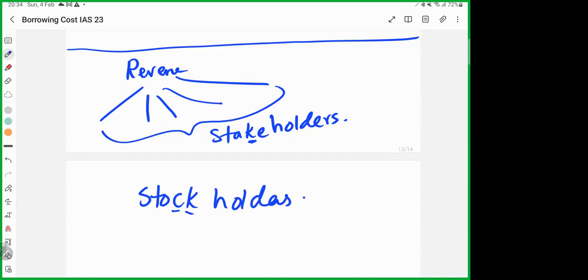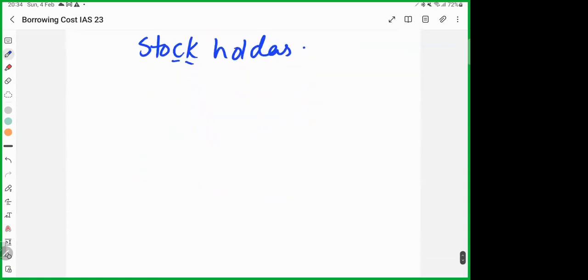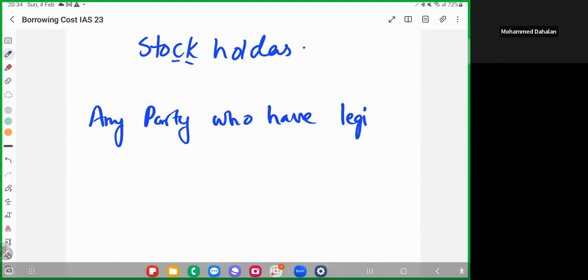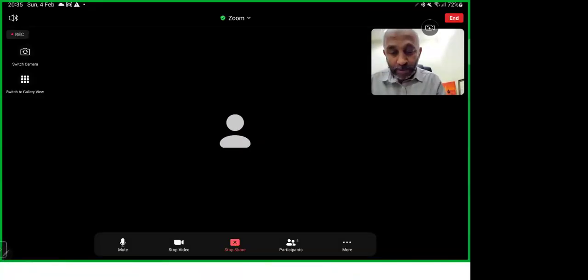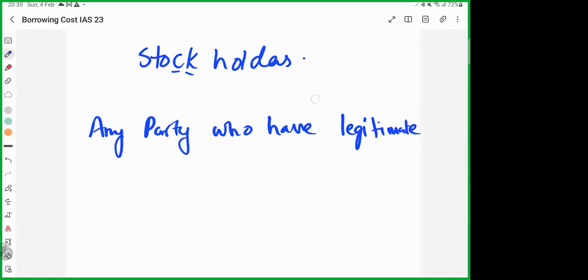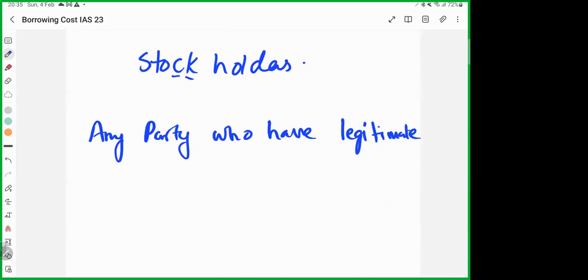Have you come across a word called stakeholders or not? Well, I have passed by it, but I'm not really sure what is behind this terminology. Let me give a bit of elaboration on that. Any party who is affected. You could name it related party, but more than related party. The better term is affected. If you use related party, then there's a different meaning. Any party who has a legitimate interest in the business